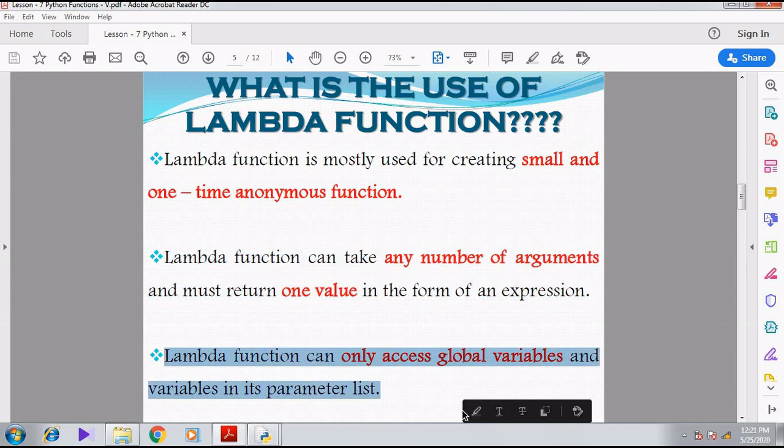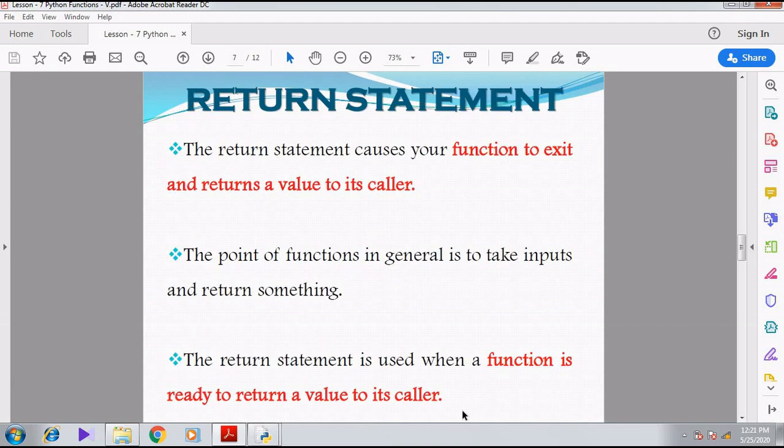Now we can go for the next topic, the return statement. This particular statement you have studied in the 11th itself. The return statement is used to return the value to the calling function, to its caller. See here, the return statement causes your function to exit.